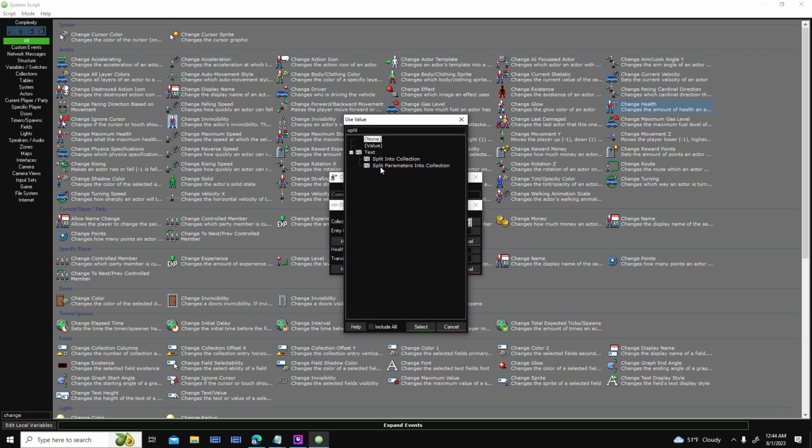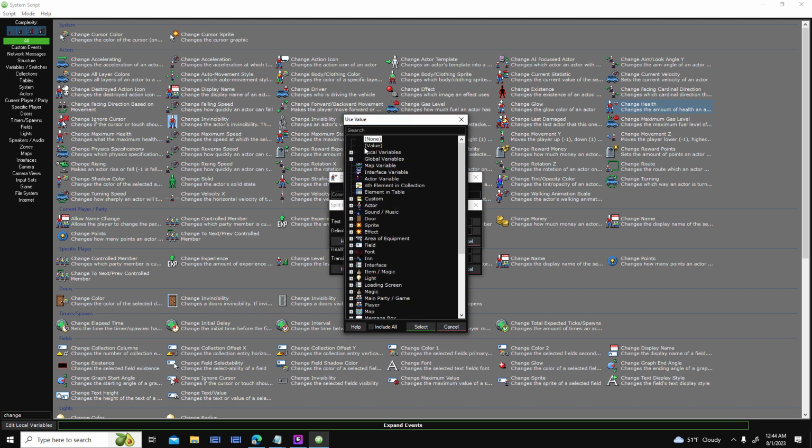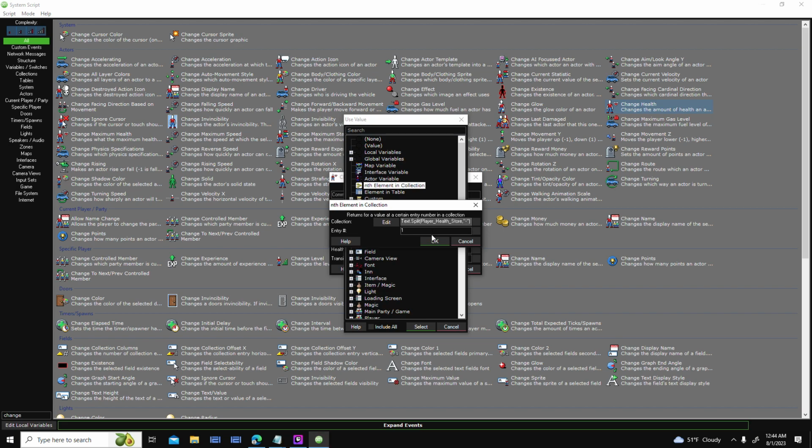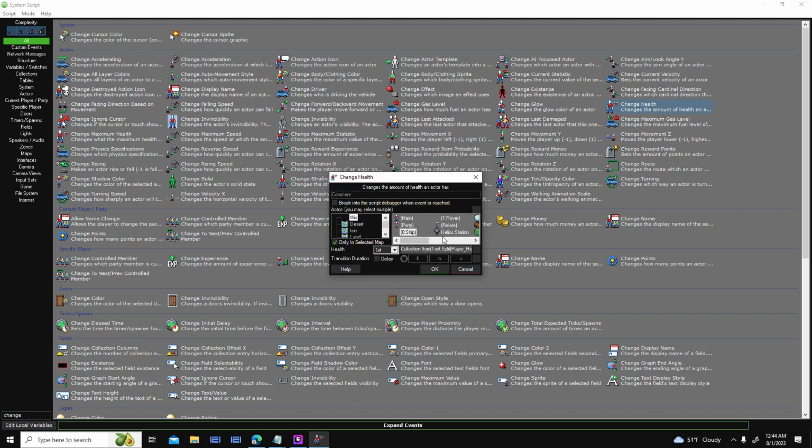By splitting my variable here using the dash, it will give me the current HP value. I can copy this because the other value I want, I just have to change that to a 2. So I want to change the health,